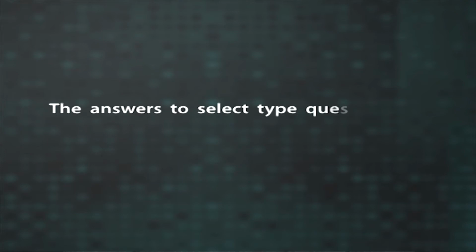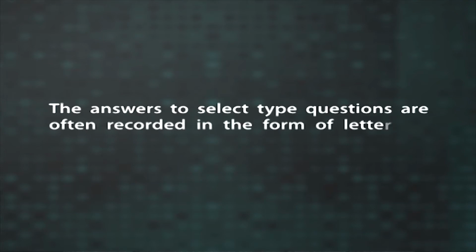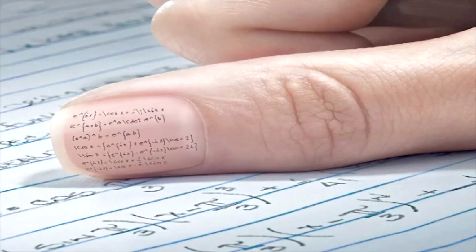The answers to select type questions are often recorded in the form of letters or symbols. In the case of supply type questions, the answers are often a word or a phrase. This promotes cheating and other malpractices. Students may find it easy to copy answers from other students. The best way to rectify this problem is to use parallel forms of the same test. That is, the same questions are used in all question papers, but questions are arranged in different orders using different codes. The problem of cheating can be rectified to a great extent through proper invigilation as well.